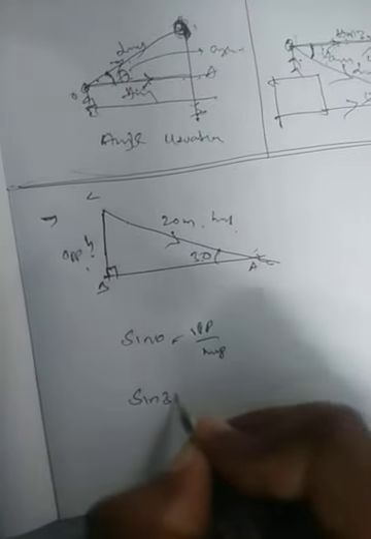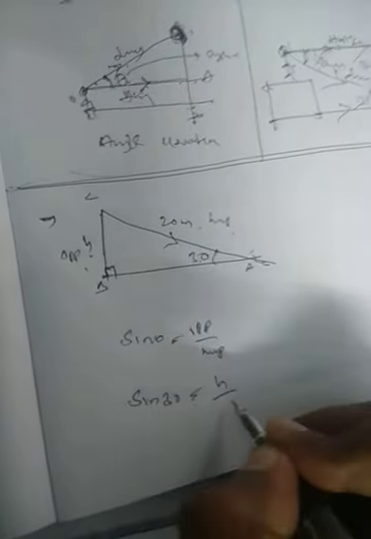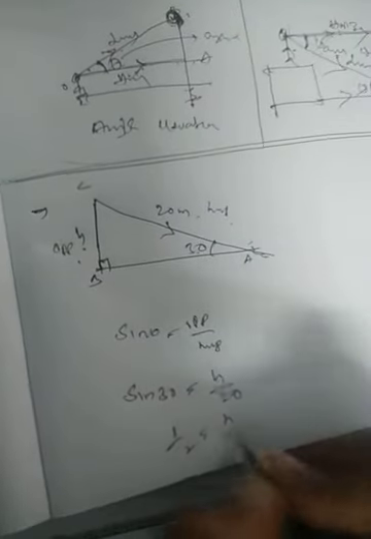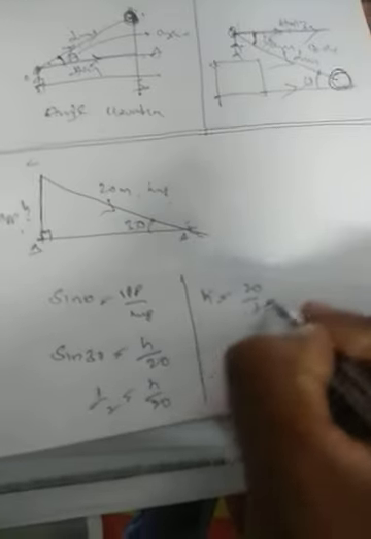So here sin 30 is equal to h by 20. Sin 30 is 1 by 2, equal to h by 20. So h is equal to what? Cross multiply, 20 by 2, that is 10 meters. The height of the pole will be 10 meters. Next one is